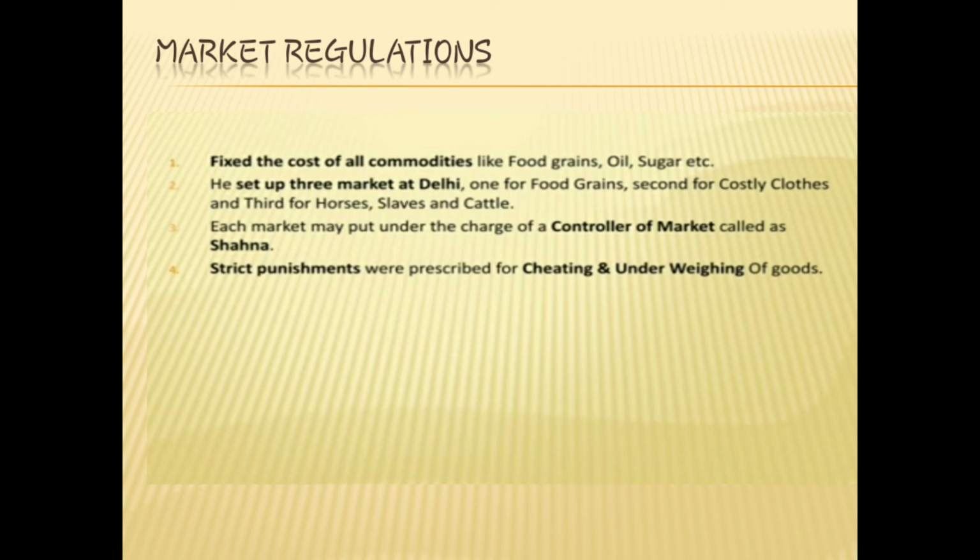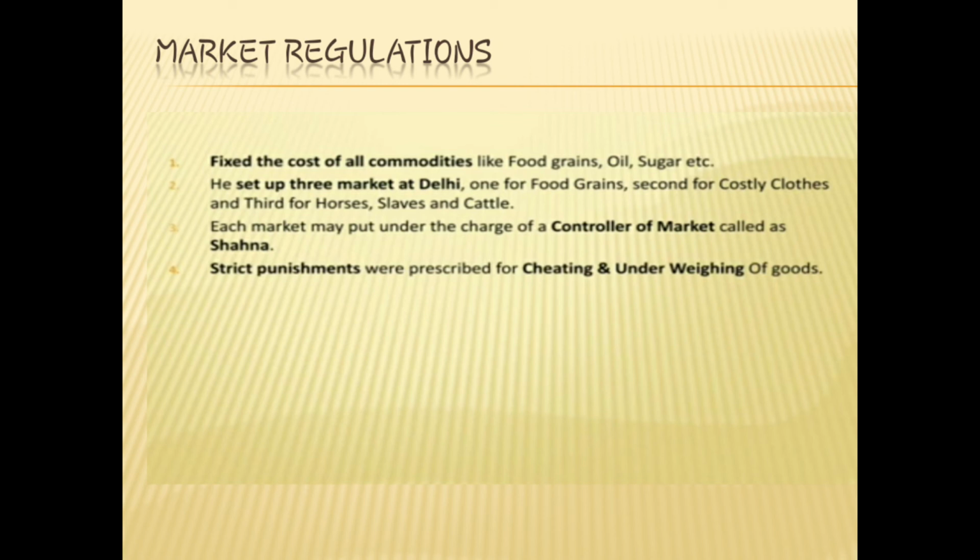Secondly, gambling and the use of wine were banned. Severe punishments were meted out to offenders. Thirdly, payment of soldiers, which was initially in the form of land, was replaced with cash salaries. So now instead of paying the land as their wages, soldiers were given cash salaries. He had set up an efficient spy system to keep an eye on the nobles and their activities. So these were the measures taken against nobility.